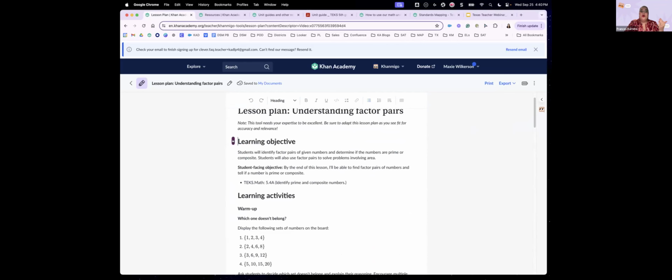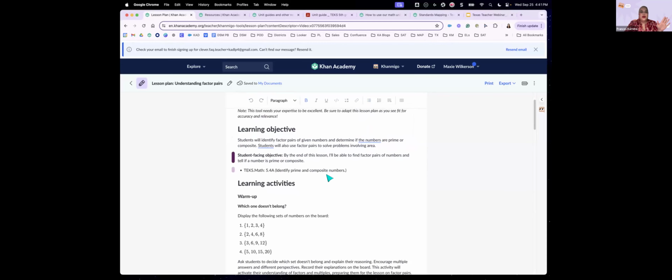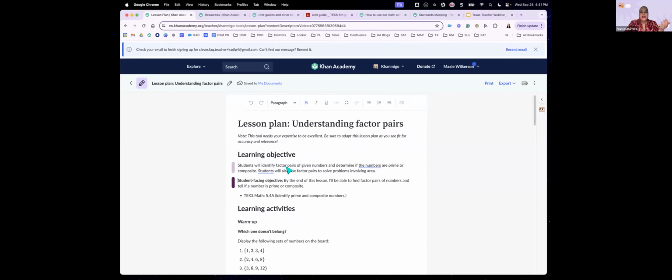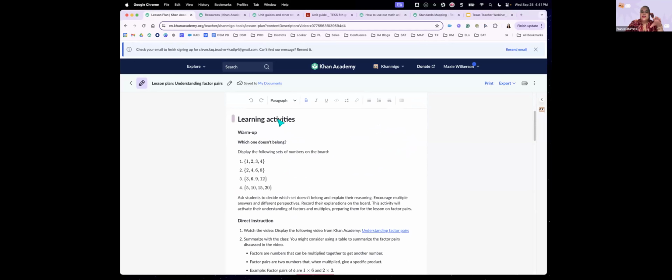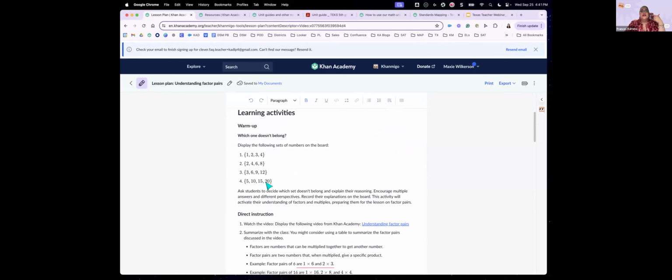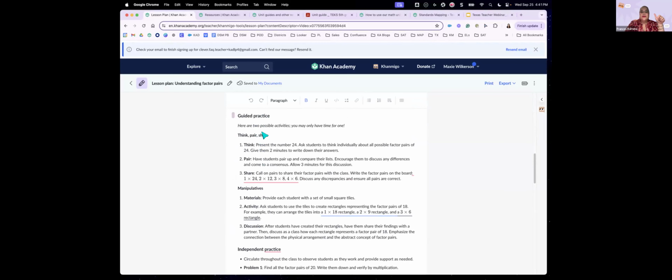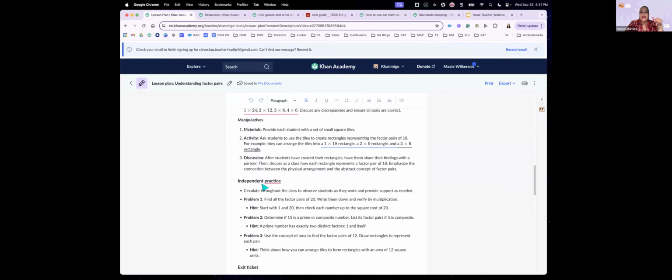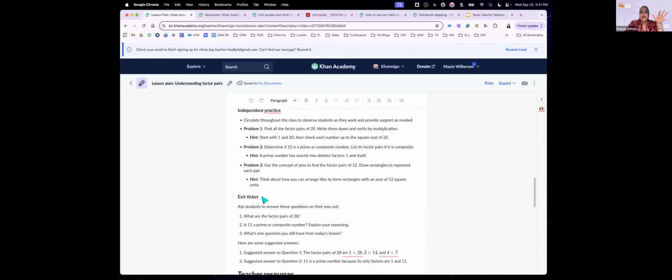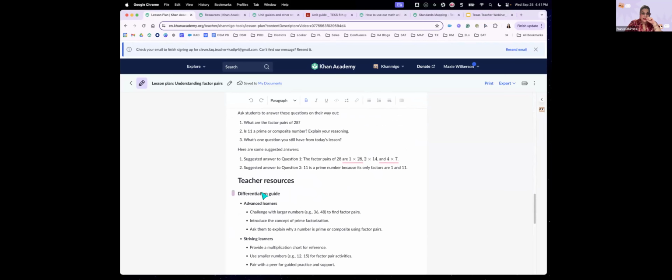Again, you are able to interact with Kamigo at any point with whatever you've selected that you want to interact with it for. You're able to delete, you're able to add, you're able to print, export, save to the cloud, all of those great things. You're always going to have the objective. It's going to give you activities in the form of warm-ups, direct instruction. It's also going to give you guided practice. It's going to give you independent practice. It's going to give you exit ticket ideas. It's also going to give you